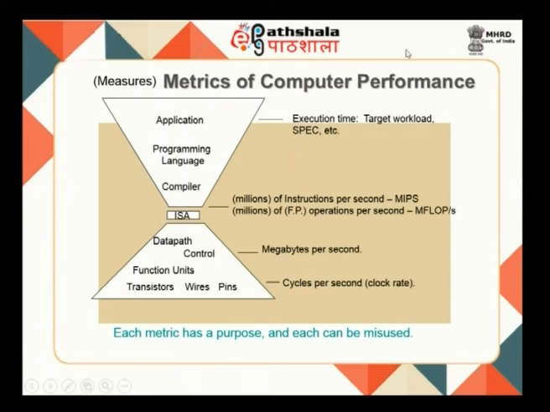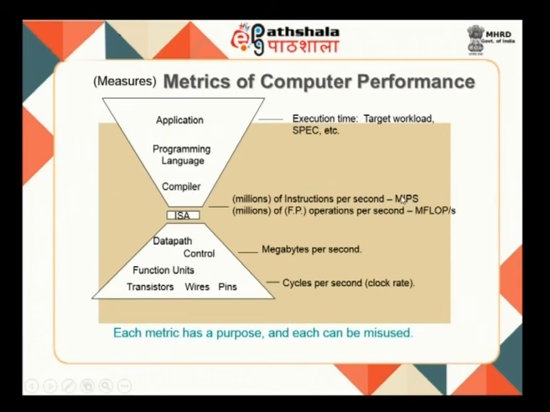So, finally, looking at all the metrics of computer performance, you can look at various metrics. For example, when you are looking at the functional units or transistors, wires and pins, you can talk in terms of cycles per second or the clock rate. When you go to the data path control, where you have data getting transferred, you can talk about the transfer rate in terms of megabytes per second. And then at the interface between the hardware and the software, we have your ISA, so you can talk about millions of instructions per second with a MIPS rating,